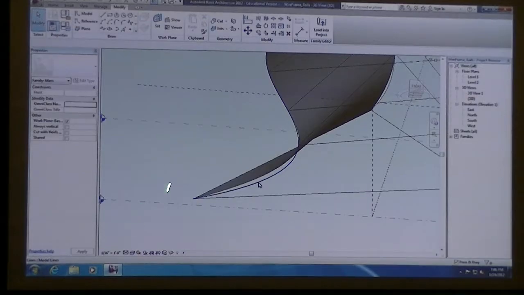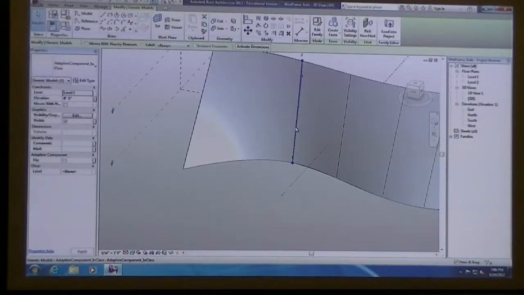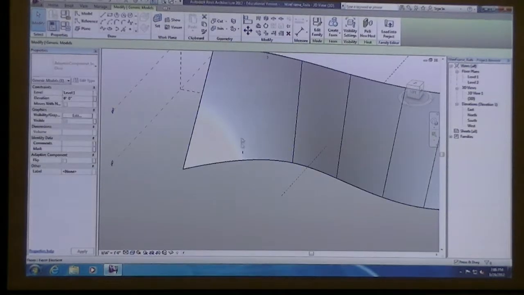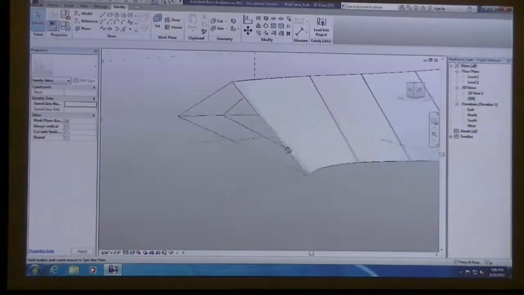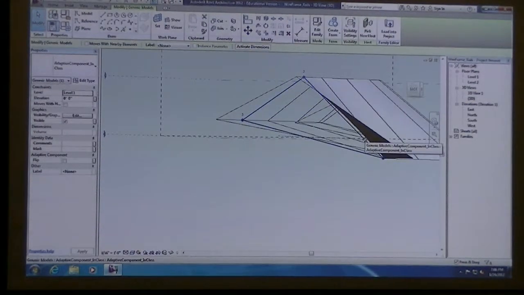And so if you want it to be real precise and tighter to that curve, you probably need to add in another adaptive component. That would kind of split the difference. Can you add the splines into the selection? Probably not. Let's see. Yeah, because if I click on this adaptive component and do control, it allowed me to add the adaptive component, but because I didn't have that edge selected, I'd have to go back and dissolve my surface and redo it.